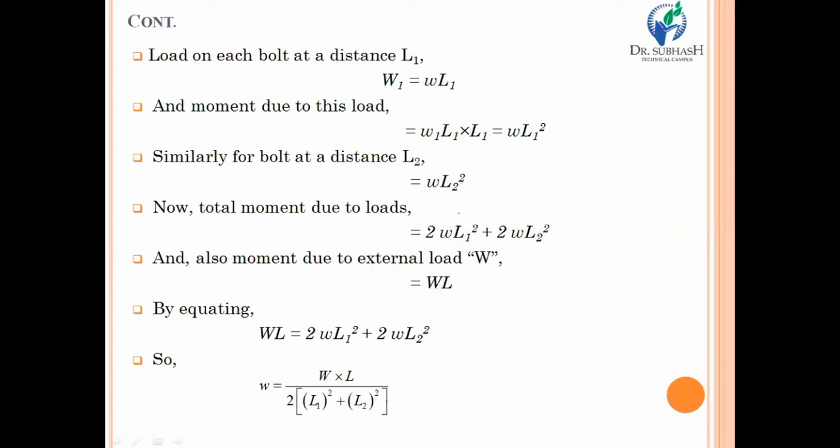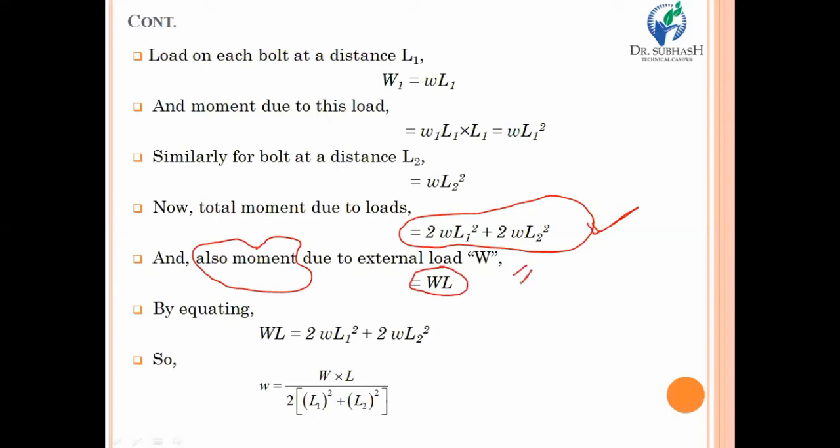Now, the total moment due to that particular load will become the summation of the moment of the first bolt and the summation of the moment acting on bolt number 2. So by summing up, the total moment will become 2 small w L1 square plus 2 small w L2 square. This is the total moment imposed by external loading, and we can also calculate the moment directly due to external load W. So here, the moment due to the external eccentric load is equal to W into L,